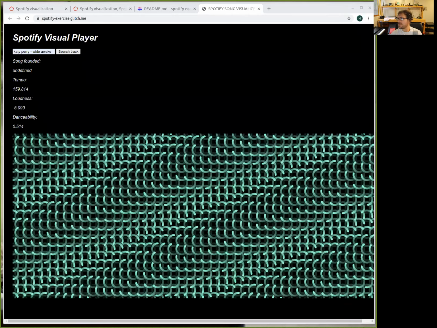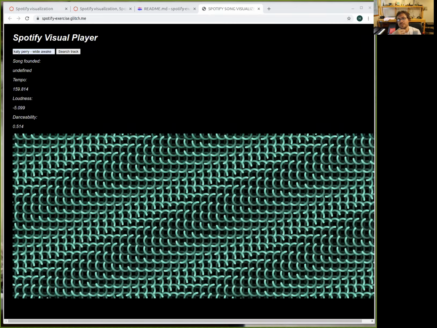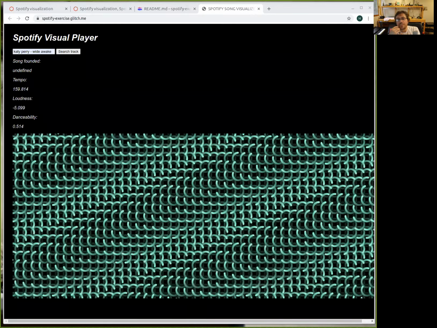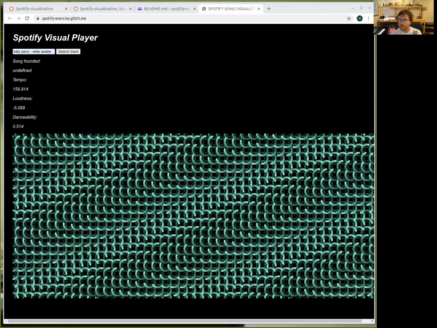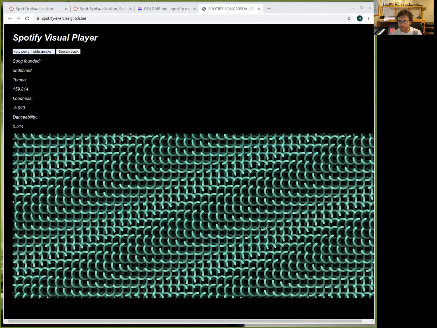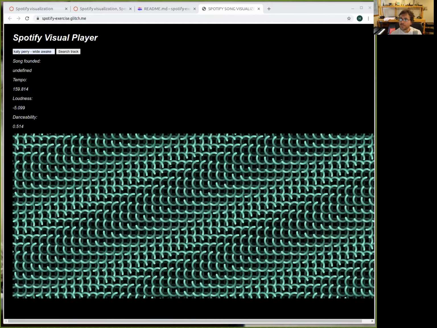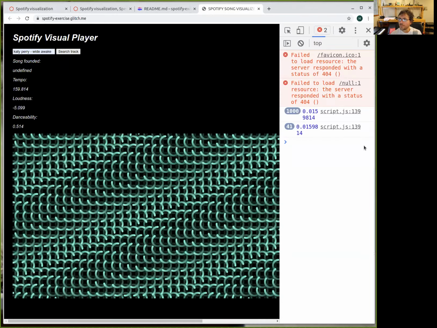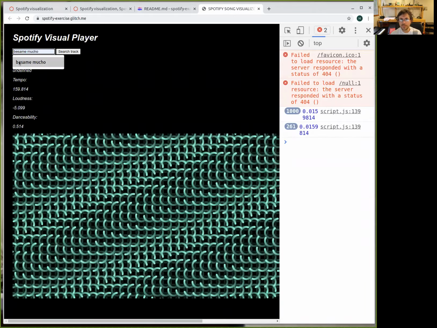Whenever you are going to search a song, until you input a song or a search, it won't move until you click search track, and the circles will move at a relative speed of the tempo. So if you search for a song with a slower tempo, the circles will move slower, and faster in each case. Okay.